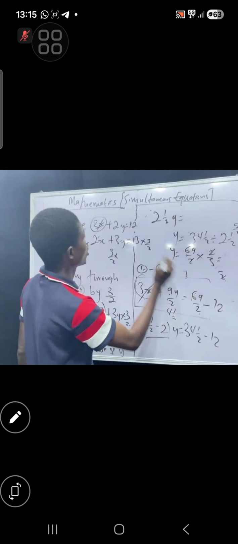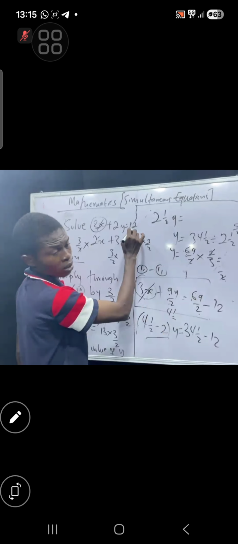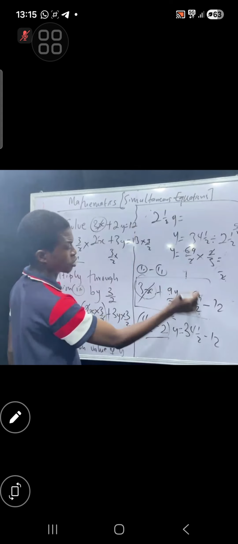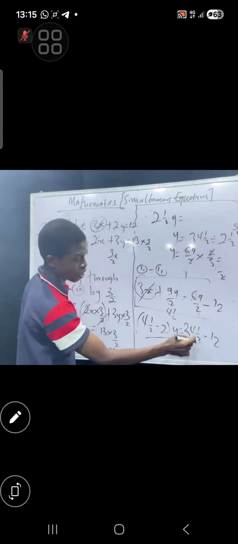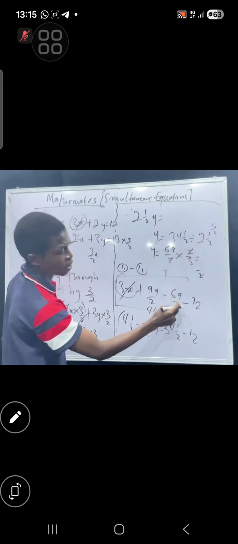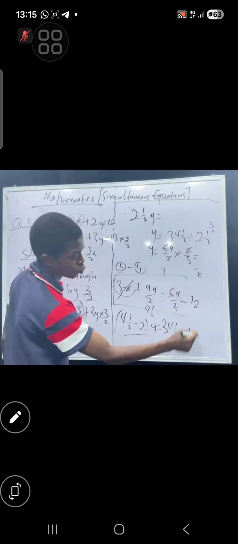Now, the other side, 69 over 2 minus 12 here. What you have here minus what you have here. That's what. Now, I got this one to what? We need this fraction. 2 in 3 in 6, that's 3. 2 in 9, 4.5. Then minus 12. So